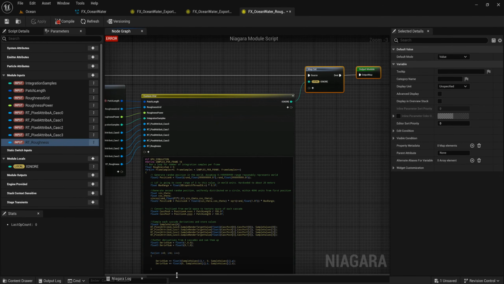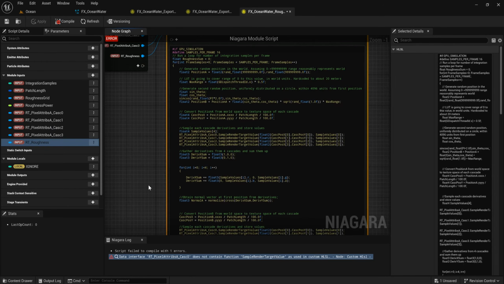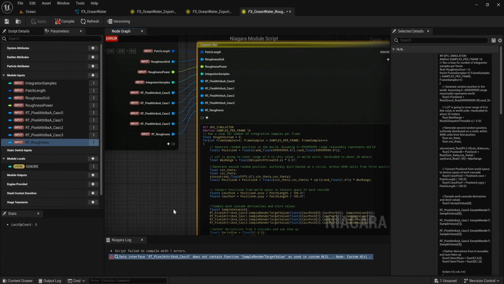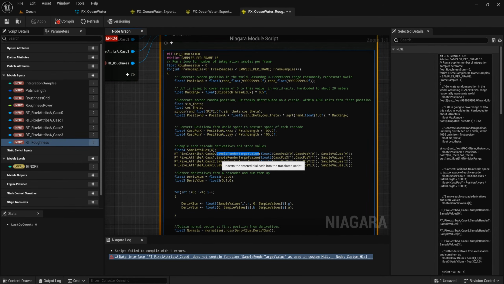It has some error, and we need to change this. We get the error from pixel attribute A as 0. It doesn't contain the function sample and the target value because this type is a texture sample. So we need to change this function. We change it to sample texture 2D,